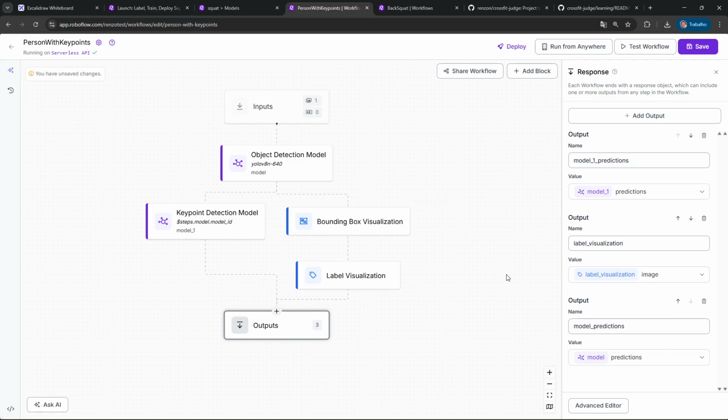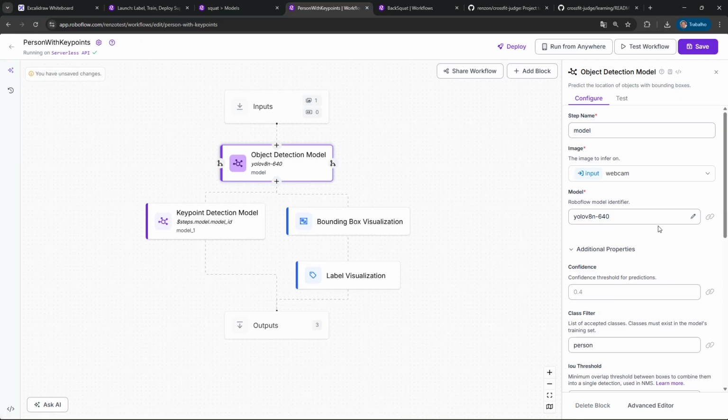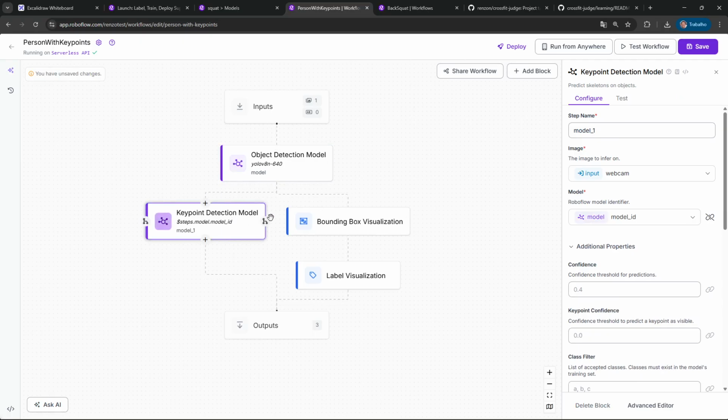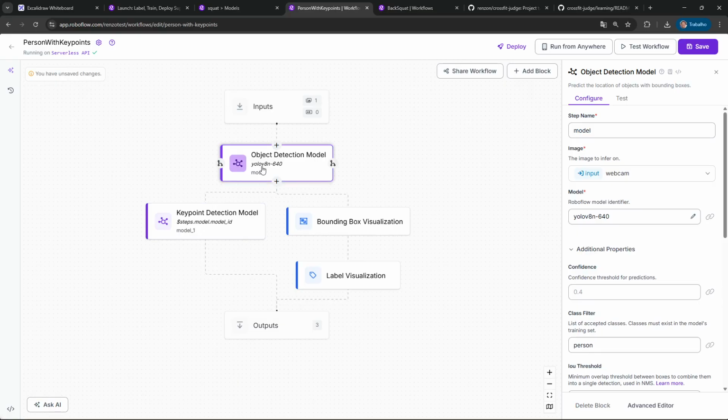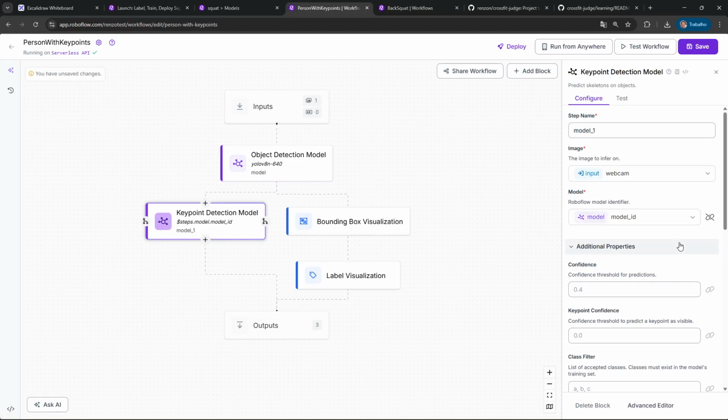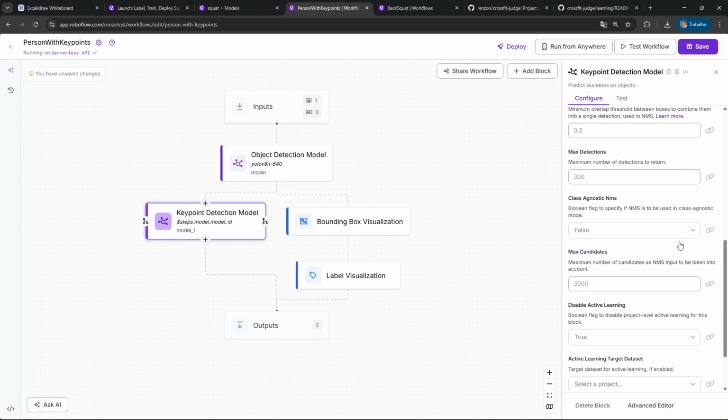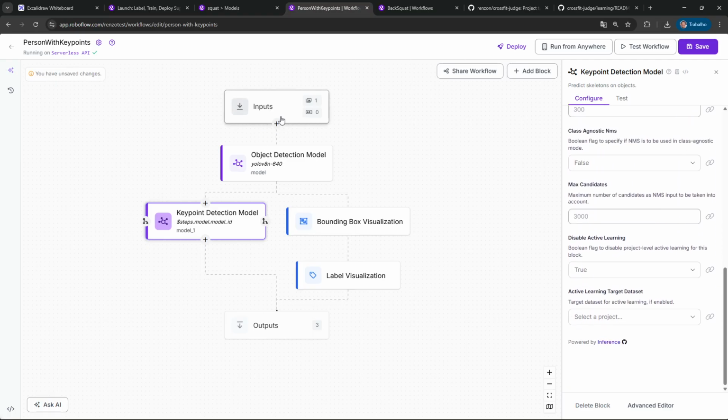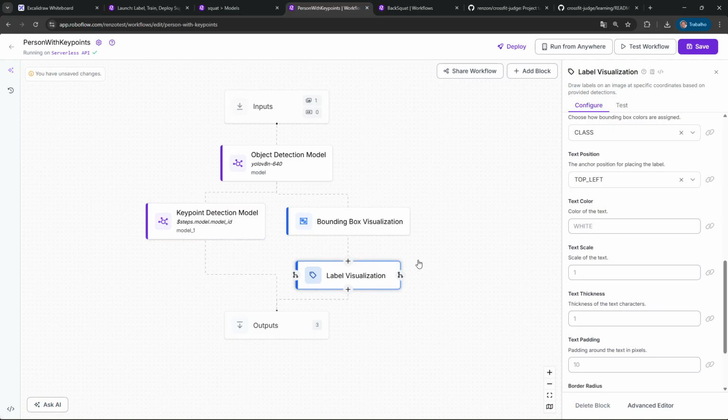Let me see, model 1, okay. I have the two outputs in here, but the input, model identifier, let me check. What can I do? Because I wanted this input to come directly from here.